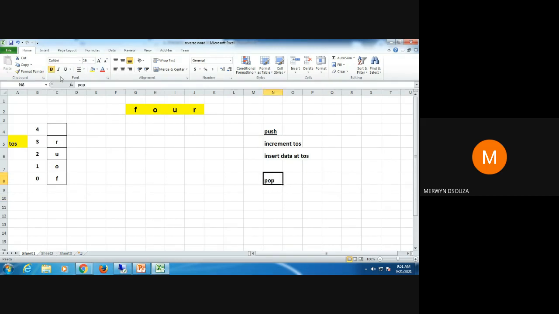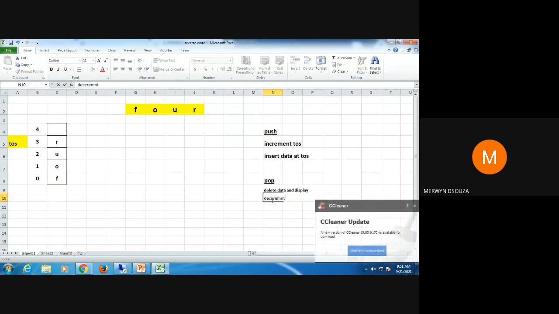So when you're doing pop, what we will do? First, delete the data, and display. When you are deleting the data, you will simultaneously also display it on the screen. And then what you will do?